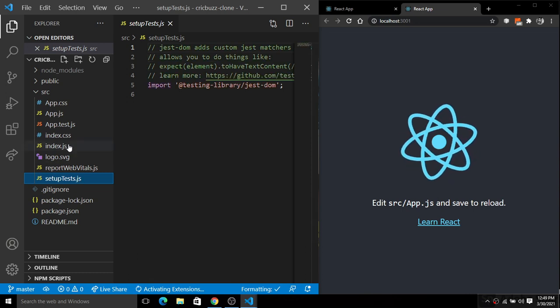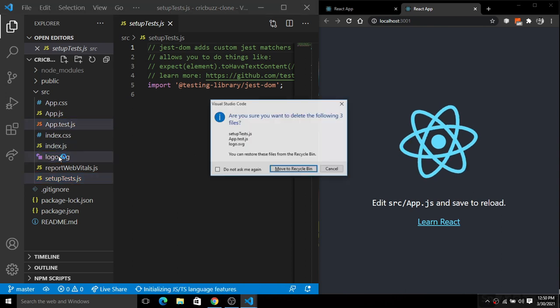I'm going to delete setupTests.js, the logo svg, and App.test.js.